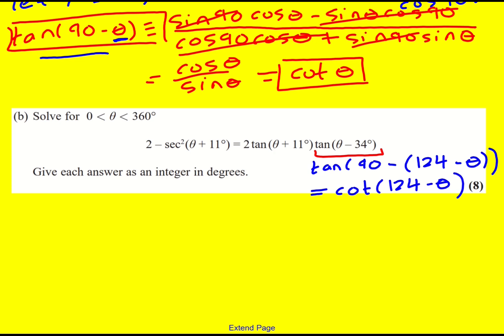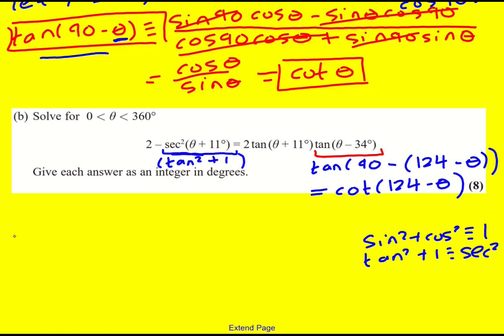Now, when I did it, I kind of thought, you know what, I'm making this more complicated. How is this going to help? But just stick with it and let's try and use some other identities. Another thing jumping at us is the fact that we've got sec squared. We want to maybe get that in terms of tan. So let's use the fact that sin squared plus cos squared is identical to 1. Divide through by cos squared. Tan squared plus 1 is identical to sec squared. So I can replace all of this by tan squared